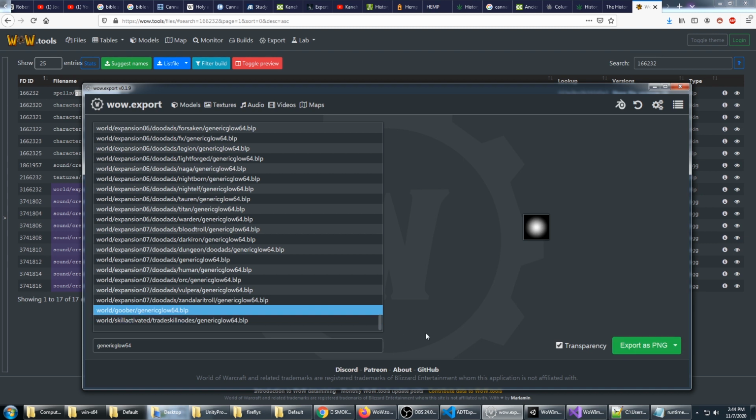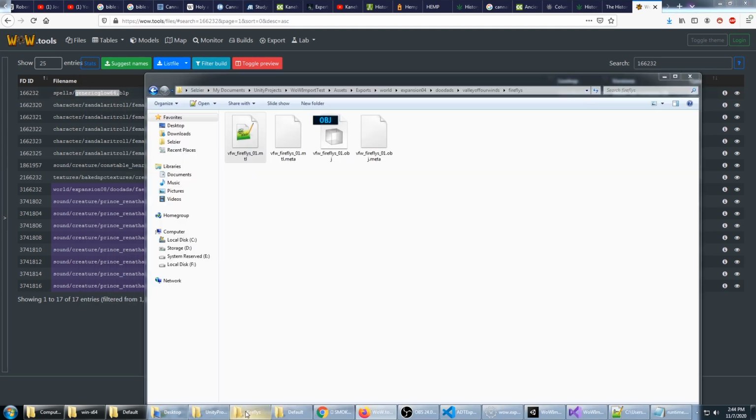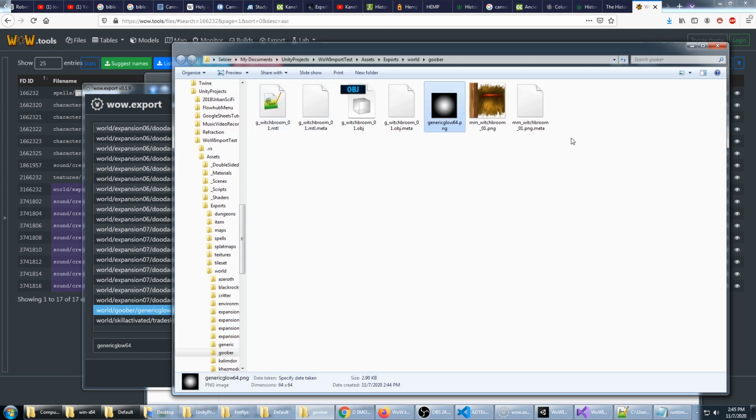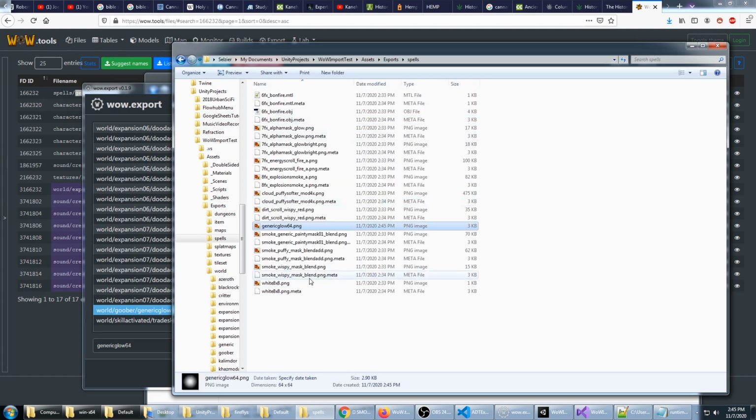There's World Goober Generic Glow 64, and that one was successful. It's the same exact icon, so no problem there. And when you export it, it does let you view it. So I'm going to say View and Explore. There's the Generic Glow 64, where we can go to Assets, Exports, Spells, and place it where it needs to